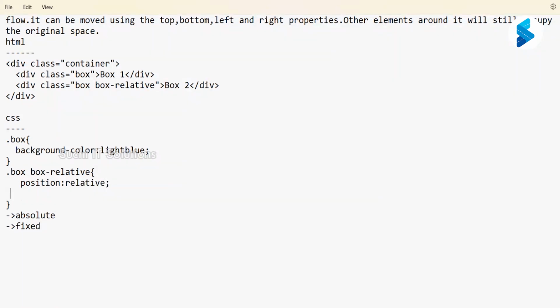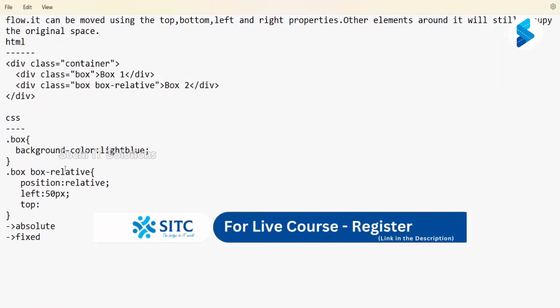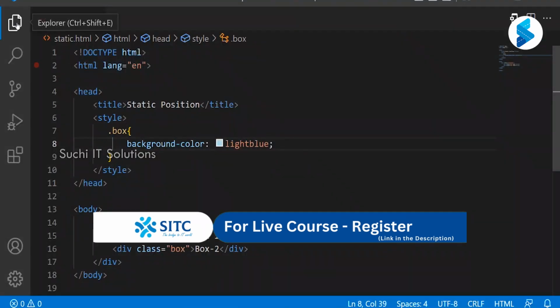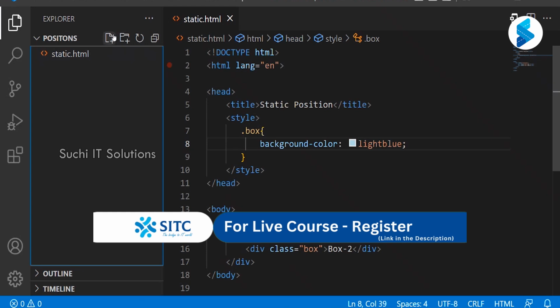Like that I'm providing. I need to specify the position where I want to see it: from the left side 50 pixels, and from the top 20 pixels. This is the kind of way we need to provide it and test it. This is another kind of page. Go to here and create one more page for that,